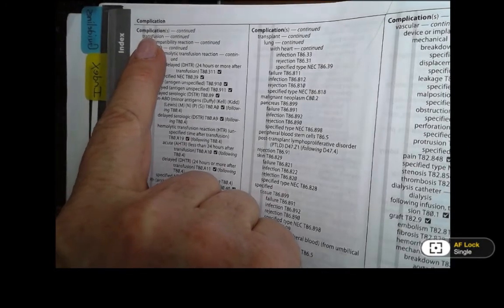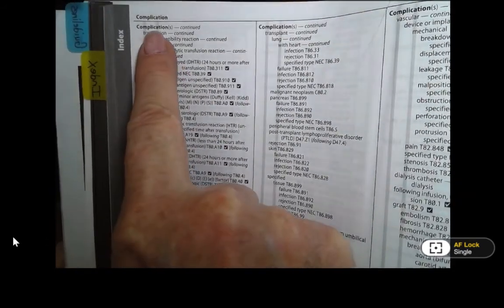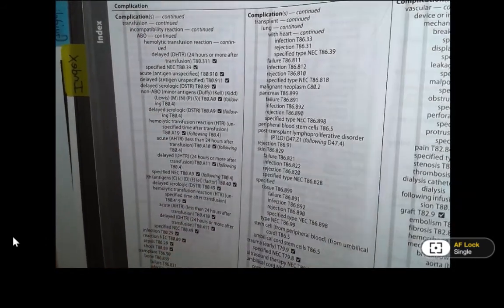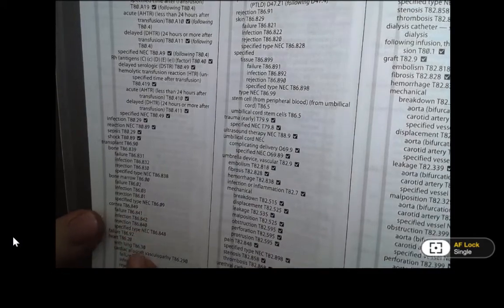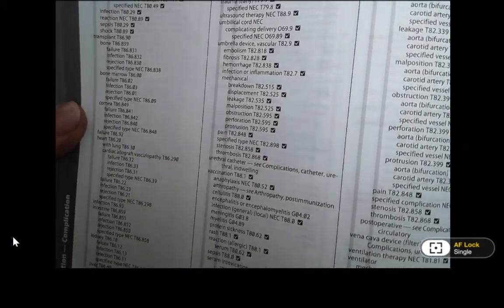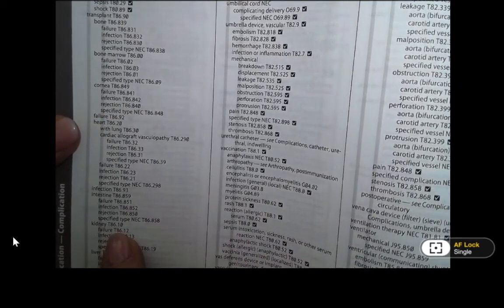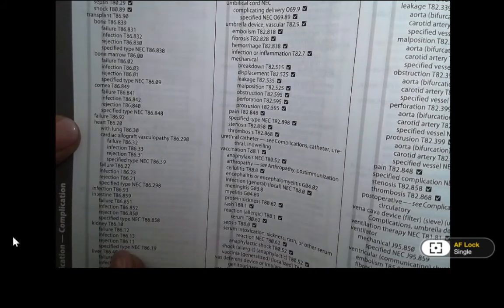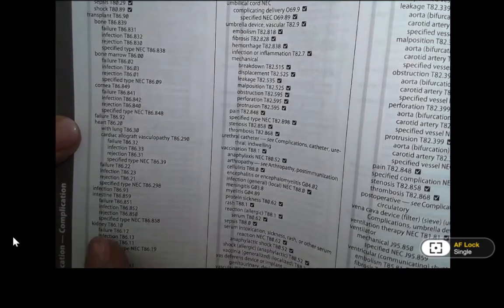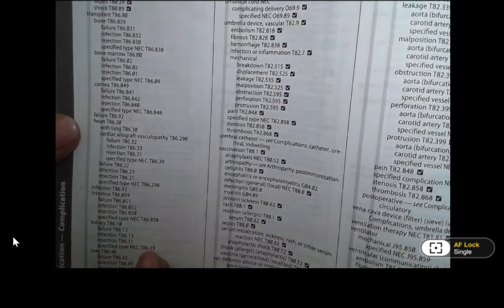Okay, we're in complication. I'm going to go down to transplant. There's transplant. I'm looking for kidney. Here's kidney. T86.10, failure, infection, rejection, and specified type. I think because we're talking about the malignancy, we would use the specified type. It's not one of these things, but our documentation did address a specified type, so I think the correct code is